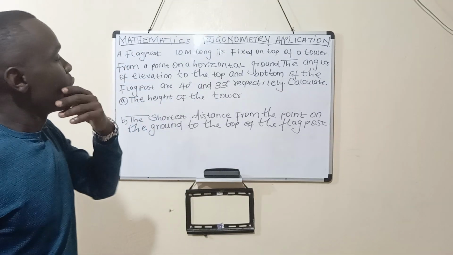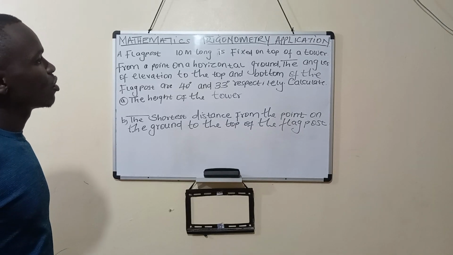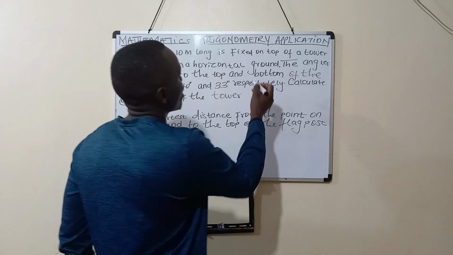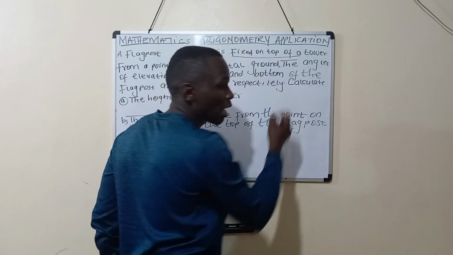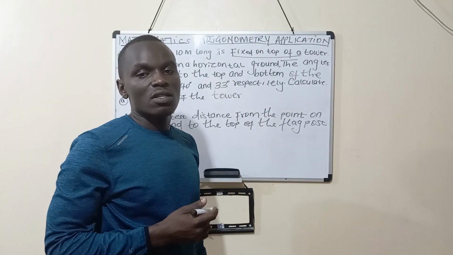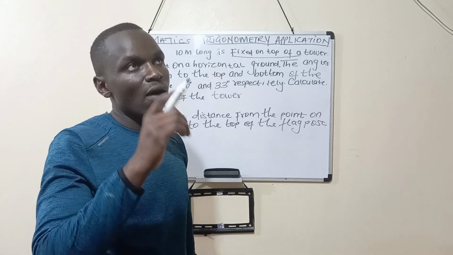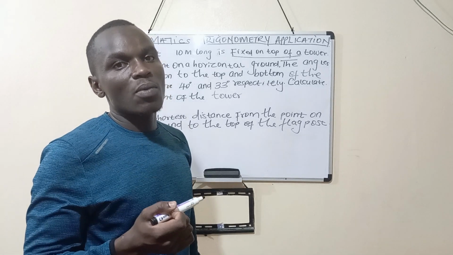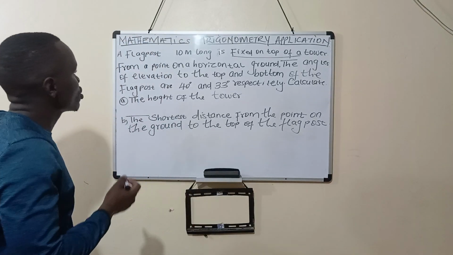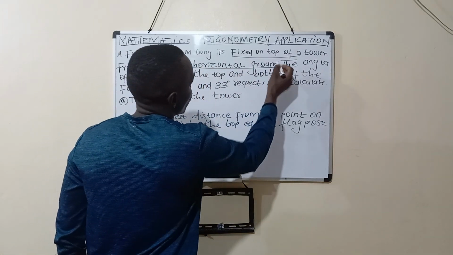Now, we have a question here. A flagpost 10-meter long is fixed on top of a tower. In this case, we are talking about a tower, and on top of that tower, we have a flag post. Then from there, we are told from a point on a horizontal